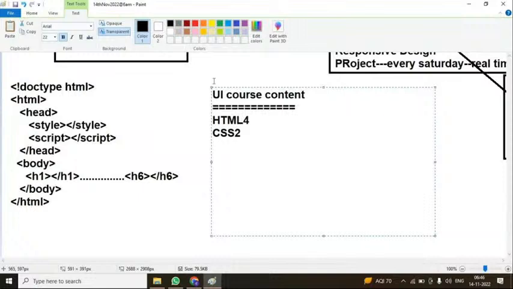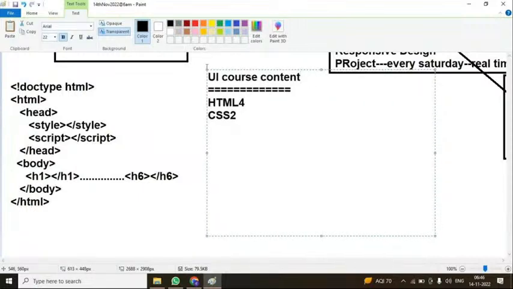Here, whatever I'm going to teach you, all this course content I'm writing here: HTML4 and 5, and then CSS2. First 10 days HTML4, next 1 week to 10 days CSS2, next JavaScript almost 20 hours. Major duration, half of our duration will be for JavaScript. In JavaScript, I'll explain core concepts, advanced concepts, and then object-oriented programming, closures, prototype, everything related to JavaScript. After that, I'll move to the